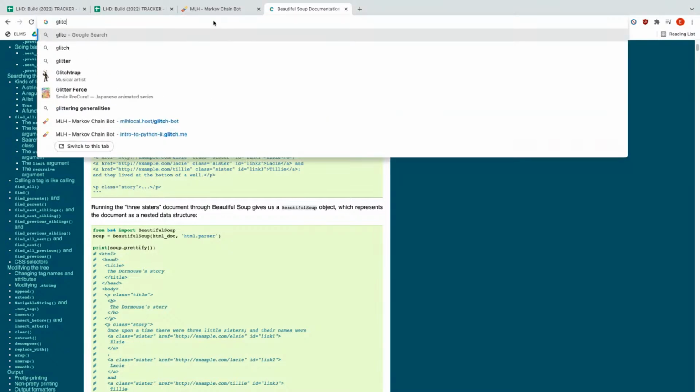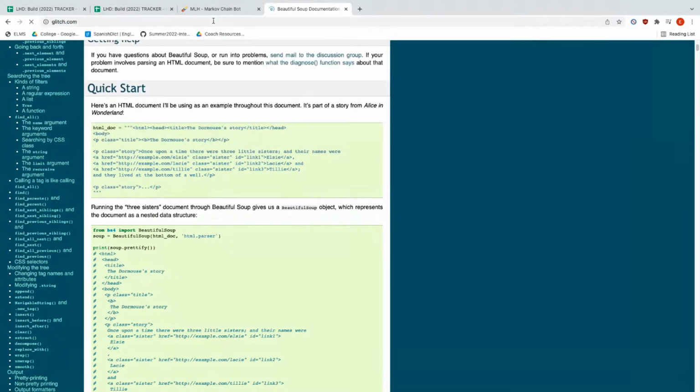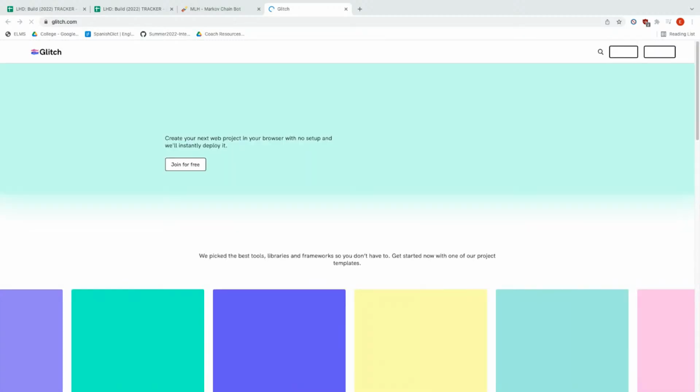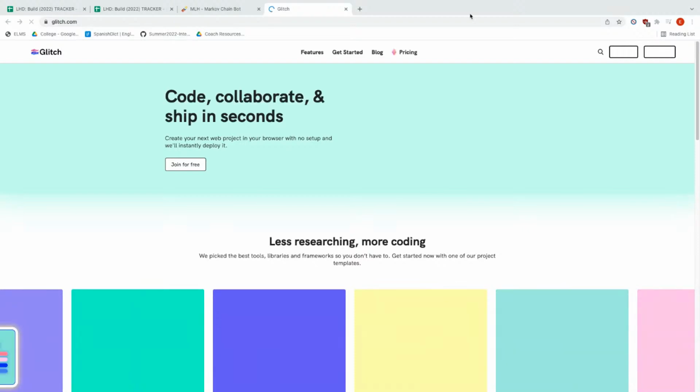Then you're going to want to click sign in. I don't actually have an account active right now either, so I'm going to make an account from scratch here. If it ever loads.